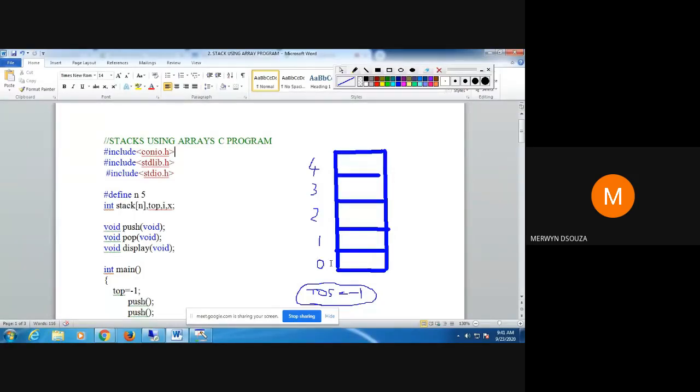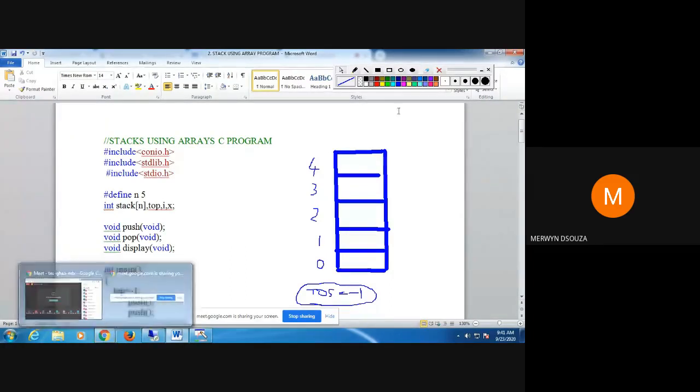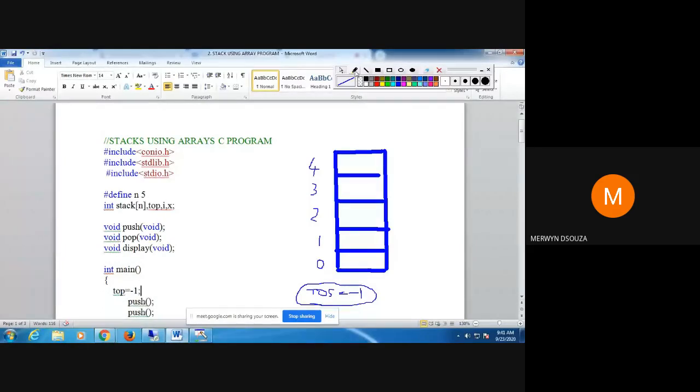Since we are going to implement a stack using an array and the array indexing starts from 0, the first time we increment top of the stack, -1 plus 1 will become equal to 0, and that is the start of the array indexing. That is the only reason we set top of the stack equal to -1. So I'll just go through what we did yesterday, and then I'll show you the program.